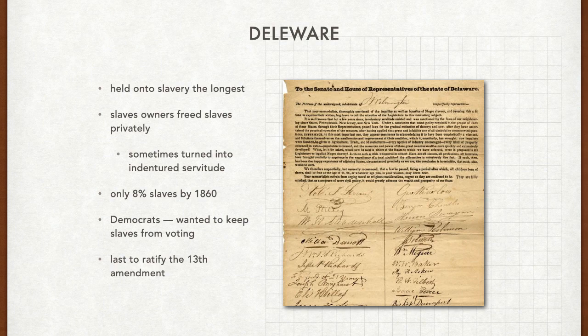They actually didn't ratify the 13th Amendment until 1901, which is almost 50 years later. No, almost 40 years later. The only non-seceded state that opposed the amendment into the 20th century. Under these gradual policies, not much changed for slaves. Many slaves remained in bondage. Freedom was delayed for children, and much of the status quo remained in society. So even if you were freed, you were still treated poorly because you were black.